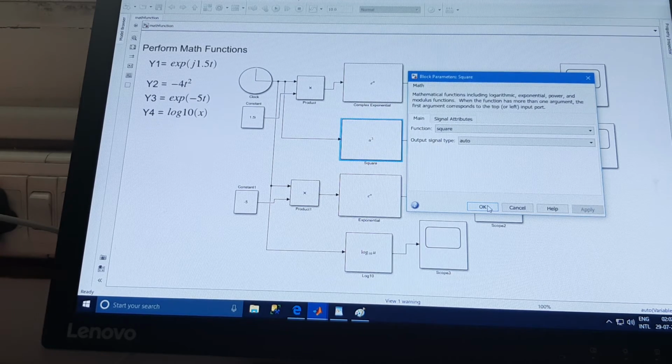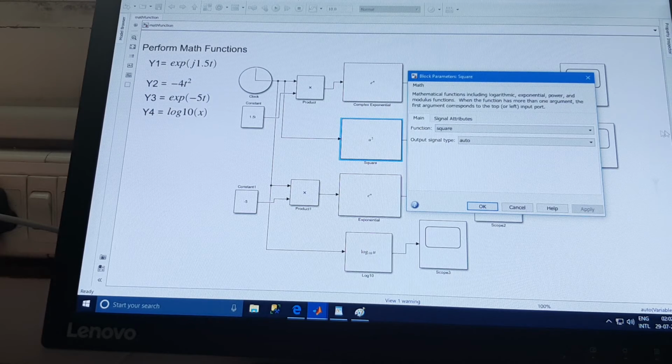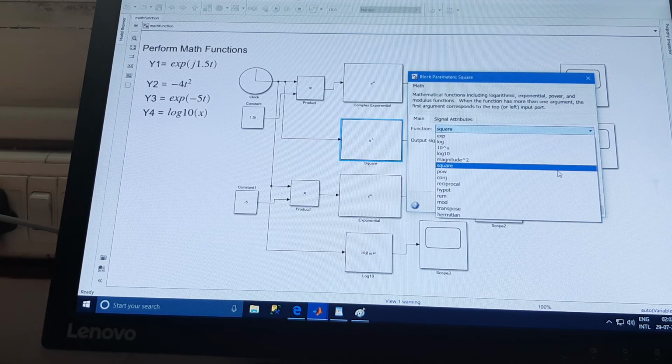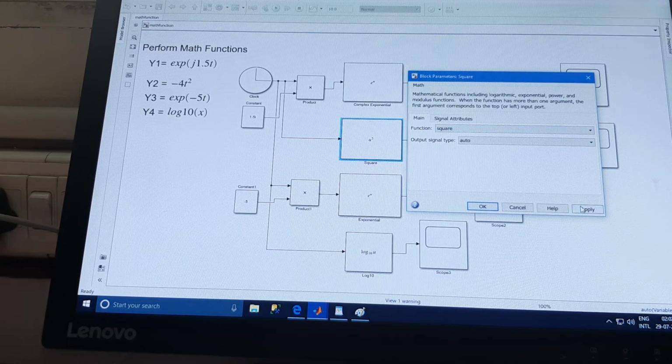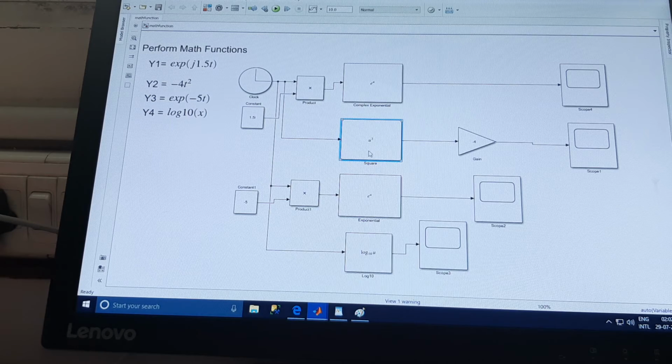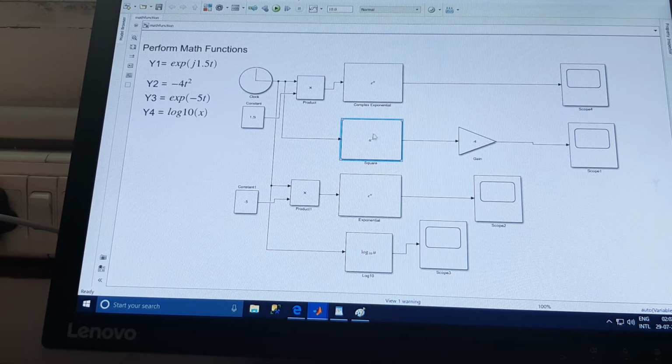Okay, press OK. So now I have selected the square function from the drop down menu, click apply and then OK. So you can see that in the middle of the block u square is now getting displayed. The selected function will get displayed in the middle of the block.